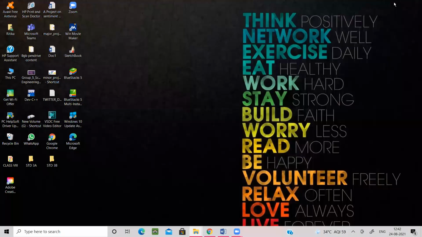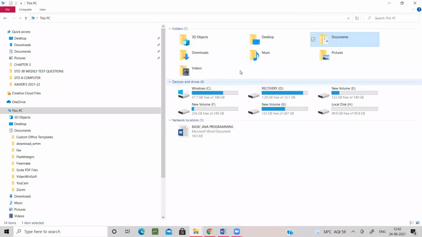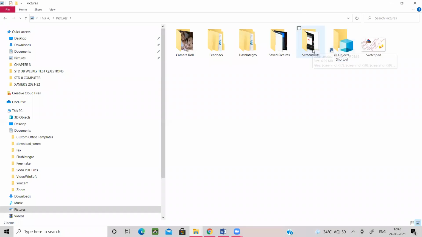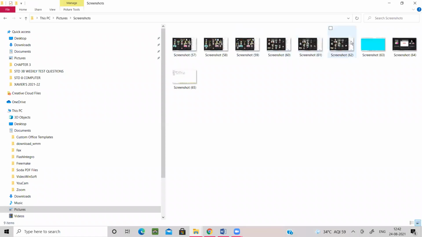Now what I was telling you, this PC also by default has some options like 3D Objects, Desktop, Documents, Downloads, Music, Pictures. While I am taking screenshots, all the screenshots are getting stored over here.